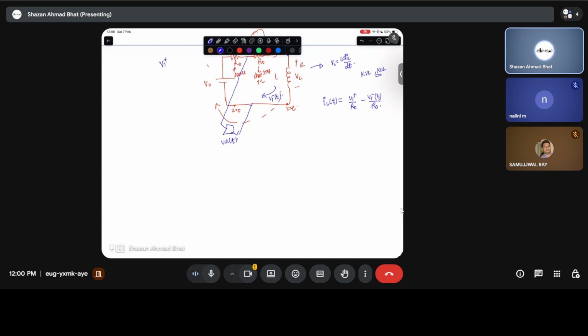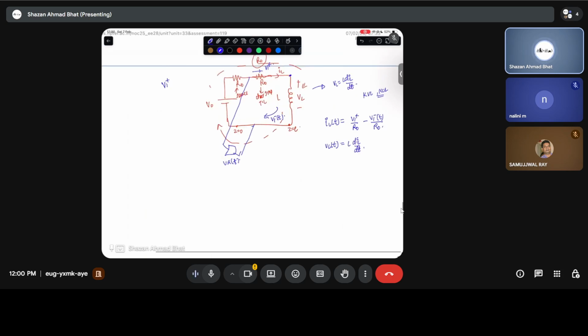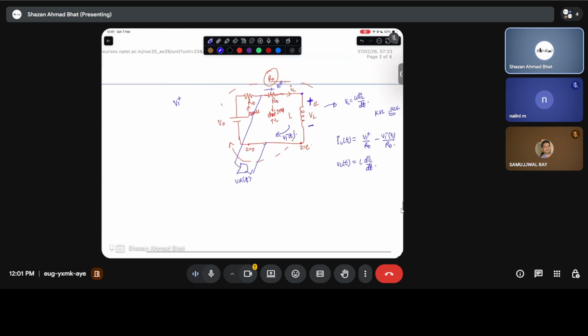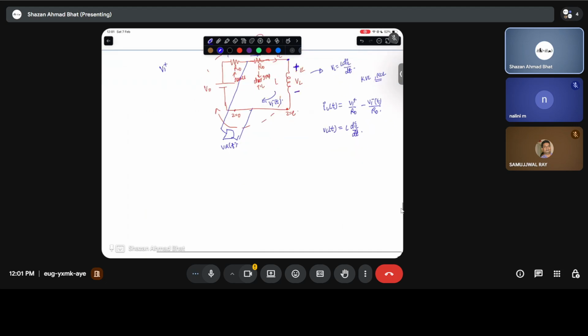Because the voltage across the inductor can also be written in terms of L dIL divided by dt, you can also write the voltage across this particular terminal in terms of V1 plus and V1 minus. What you can basically do is compute the V1 plus, let's write it as VL of t. So for example at z equals L,